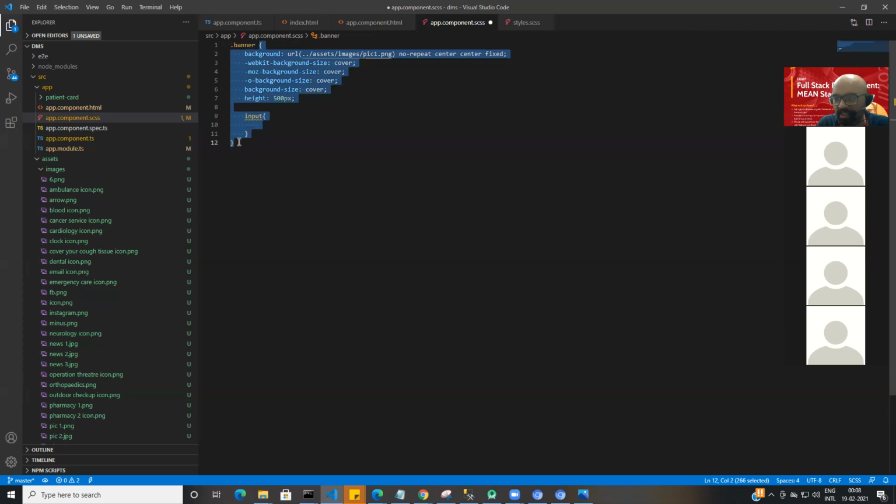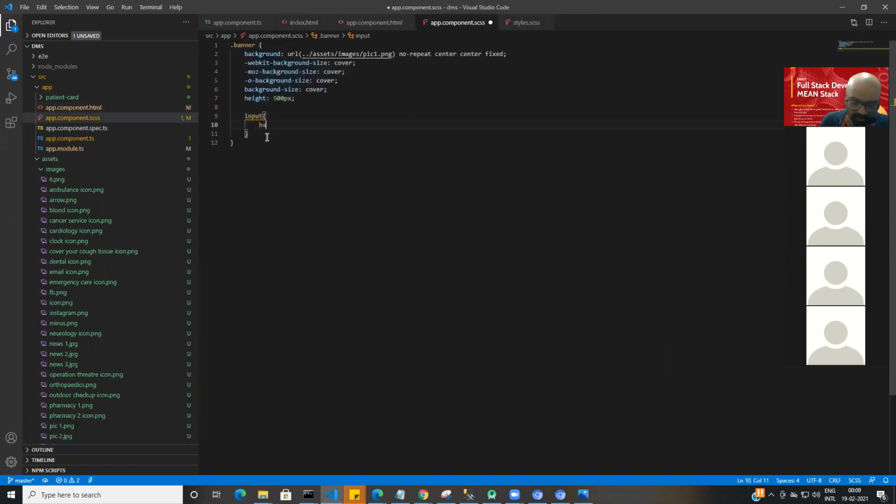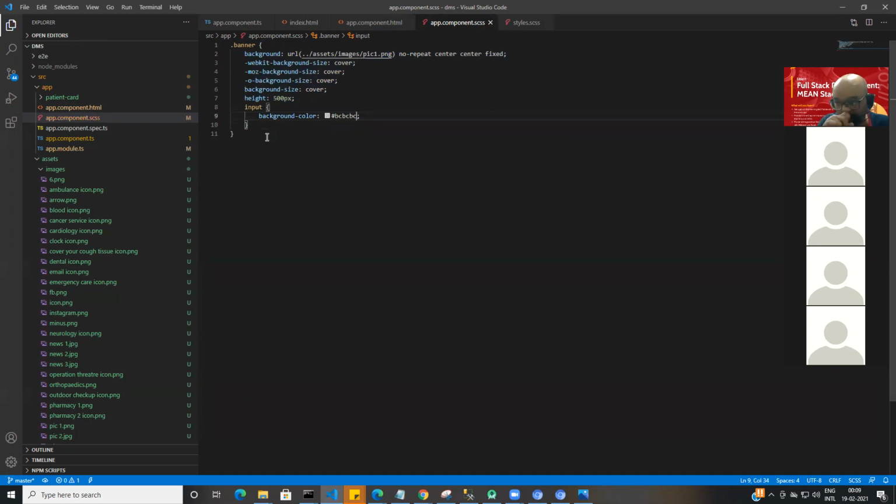So this is CSS nested programming. I'm giving you a small dose of everything. Inside banner, if you find input, I'm saying the background color should be a little darker gray, hash BC.